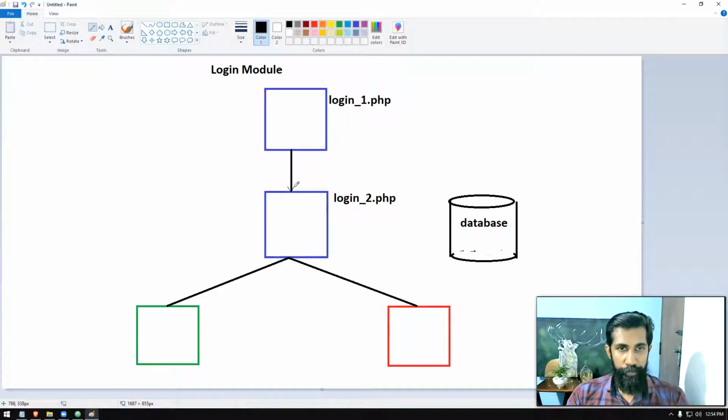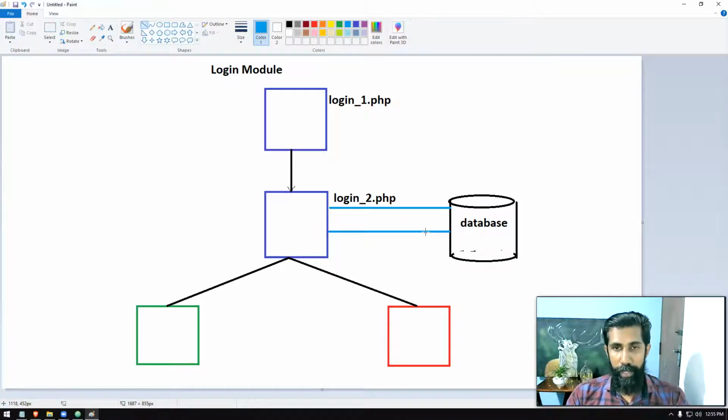Login one is going to have the user interface where you type the username and password, and press the login button. Once you click the login button, it takes the username and the password and comes to the login2.php file. Basically, it brings the details there. Then, to make sure the user is an existing, valid user, we examine that in the database. We'll connect to the database and check in the database table. We have to build that table as well.